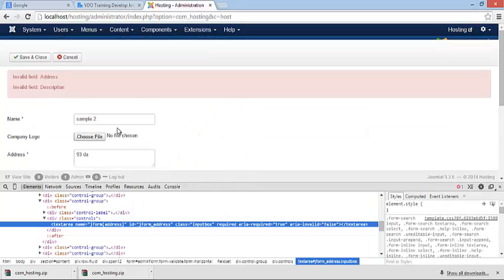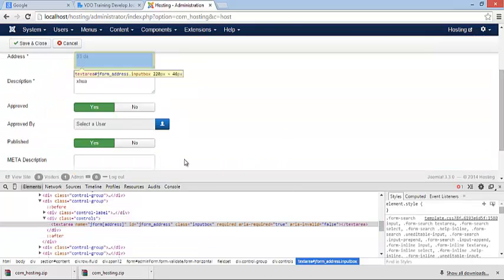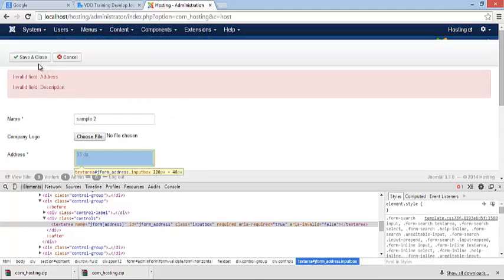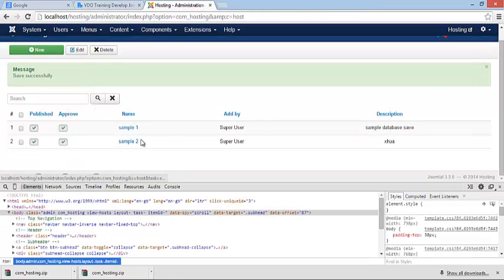So save it. Then here's the another one, data.